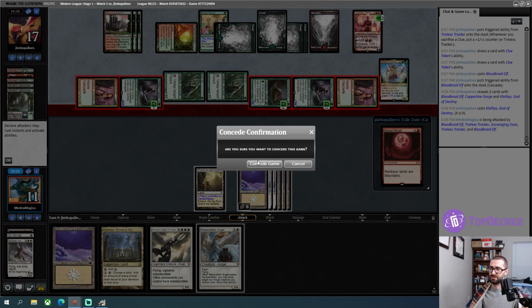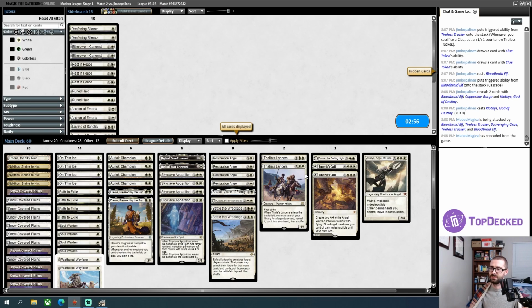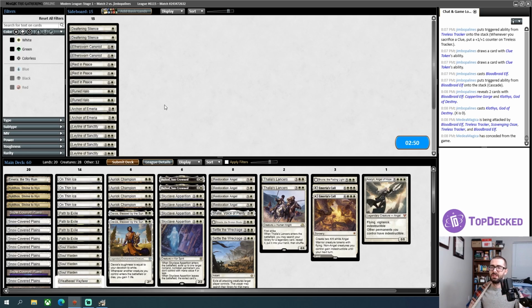Okay, and my opponent did do that. Alright, concede. Yeah, so Emeria would have been on if we weren't playing against a land destruction deck there. Okay,